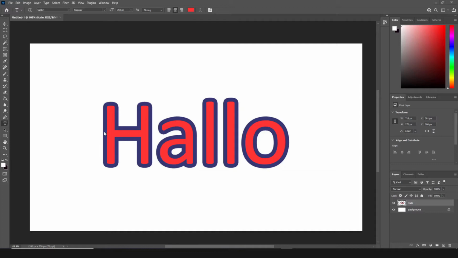I wanted to show you how you can easily make this outline effect, which can be used for both text and images. I used to get this effect using filters, and one good day I discovered that with a couple clicks you can do it in a much more efficient way.